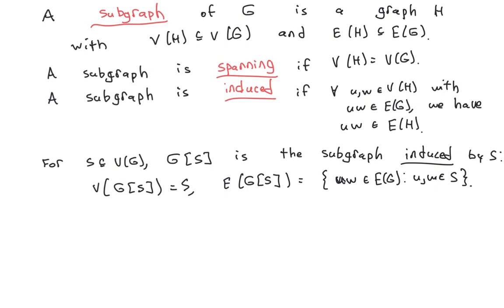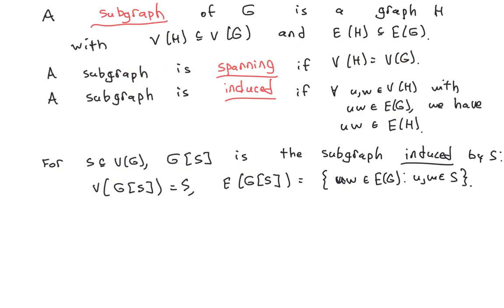Given a graph G, a subgraph of G is another graph with the property that the vertices of the subgraph are also vertices of G, and the edges of the subgraph are also edges of the original graph. In other words, you get to subgraphs by deleting vertices and/or edges from G. So we're going to say that a subgraph is spanning if it has the same vertex set as the larger graph,